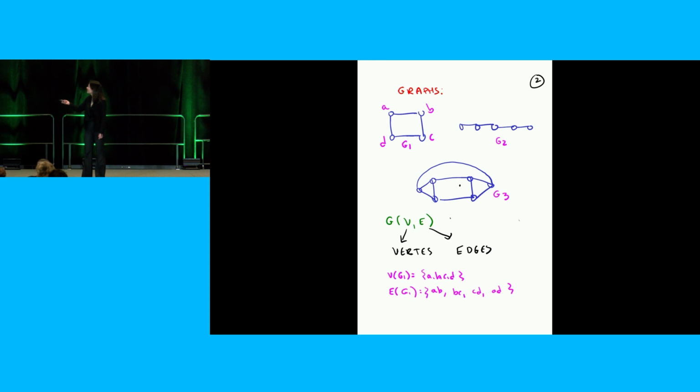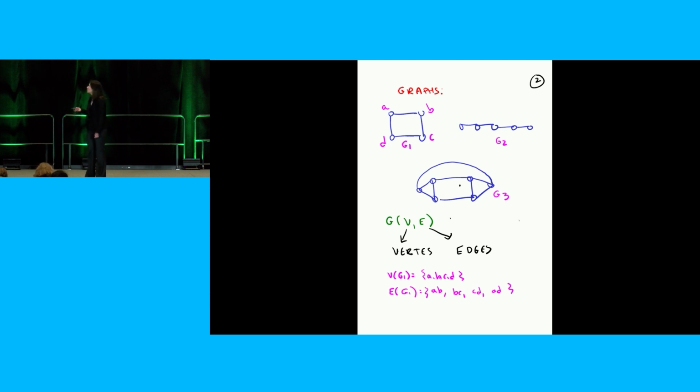Almost, okay. So here, this is G1. And these are the vertices of G1, A, B, C, and D. And these are what we call the edges of G1. So what are the edges of G1? They're pairs of vertices that you see in the drawing are joined by a line. So A is joined to B, so AB is an edge, and B is joined to C, and so BC is an edge, and so on. There are 4 edges. Okay, and by the way, they're not called whatever it says here. They're called vertices. This, unfortunately, is something I noticed right before the talk as I was going through my slides, so I apologize for that.